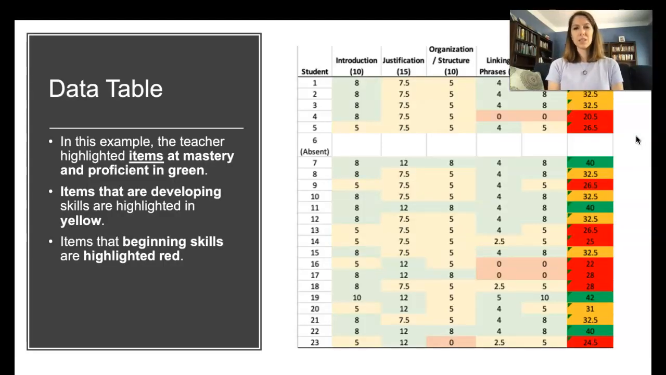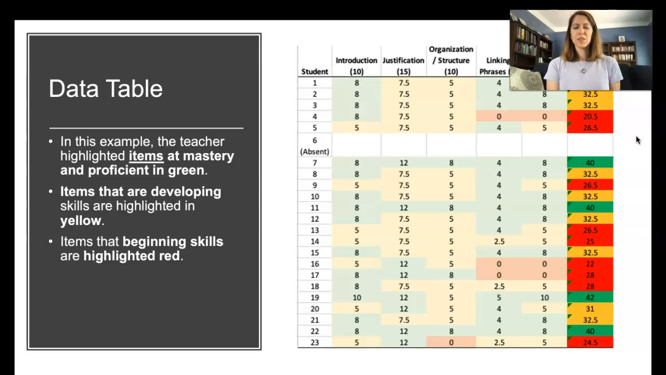So what the teacher did here is, again, use that color coding system. If students achieved mastery or a proficient level, the teacher highlighted the columns in green. If the students are showing skills that are developing, like in that C/D range if we're thinking about letter grades, those are highlighted in yellow. And if students were struggling and would have received a failing grade on a particular item or criterion, they would be highlighted in